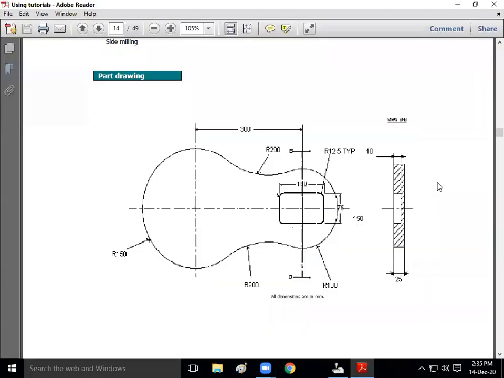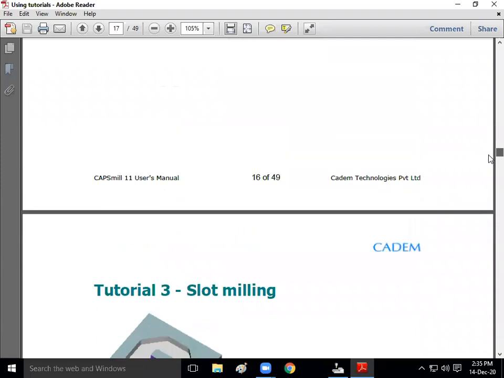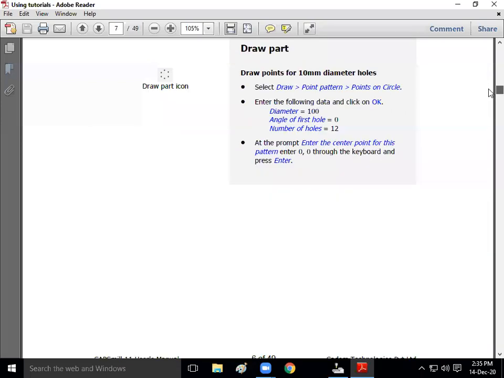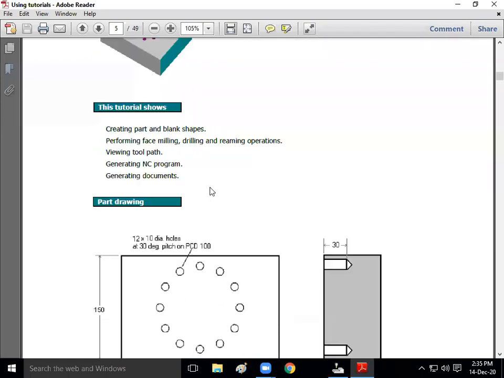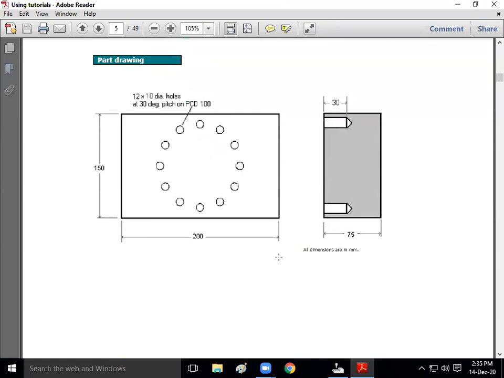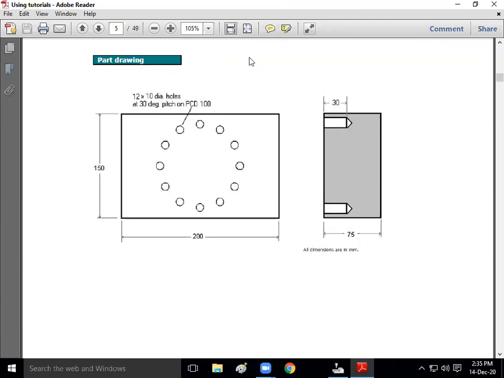So the next problem is this one. For this problem, there is a blank of 200 mm length, 150 mm breadth, and its thickness is 75 mm, and it has got 12 holes on its surface.